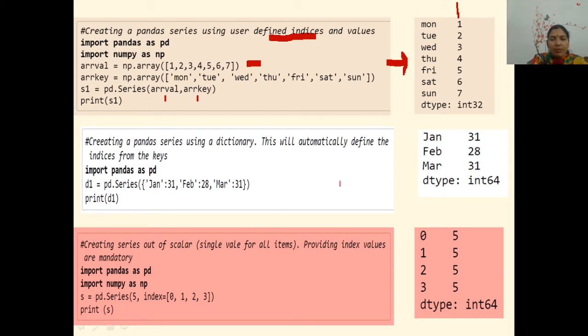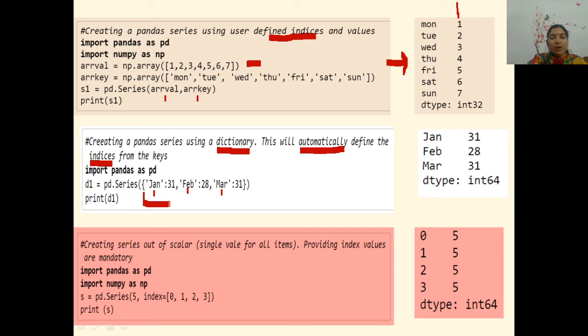I am making one more series with the help of a dictionary now. Here, when you use a dictionary, you don't need to define the indices. Why don't we need to? Because automatically the keys of the dictionary will become the indices. So I have a dictionary here. I am directly giving the dictionary to pd.Series.